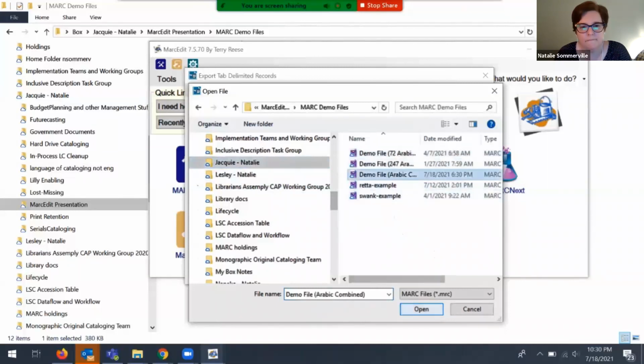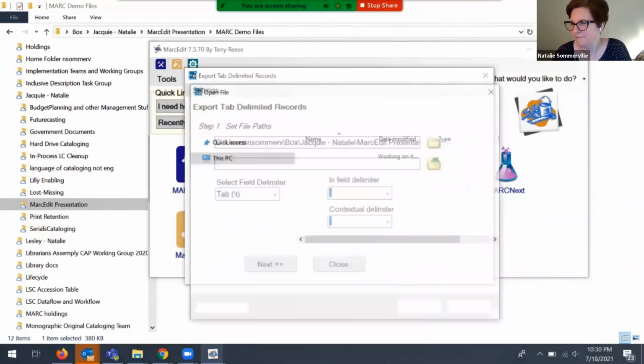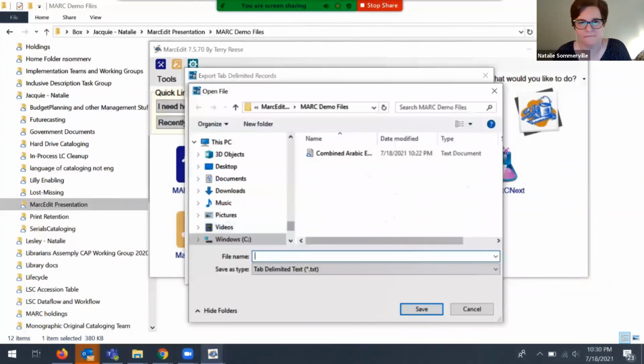Now that I've chosen my file, I have to let MARC Edit know where I would like it to save the tab delimited or text delimited file. I usually select the same directory where the source file is saved, but of course you can define any directory you prefer. So name your file.